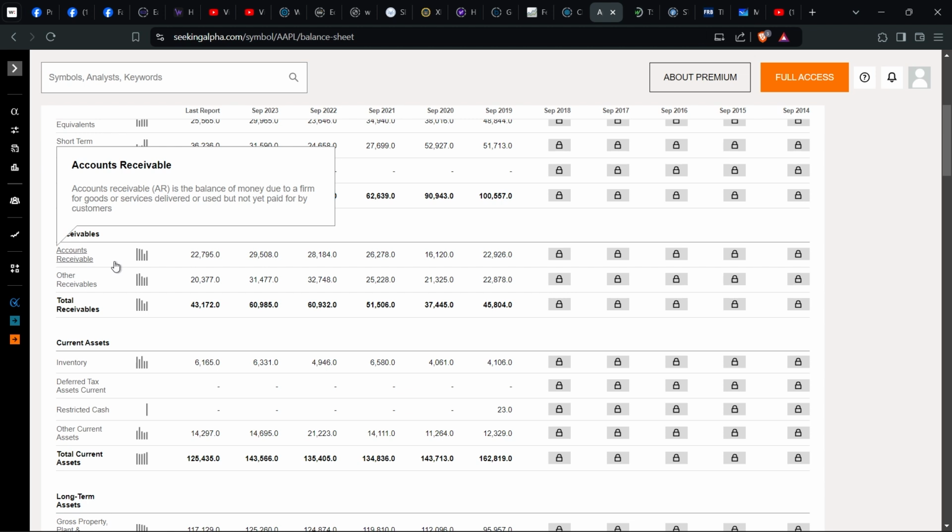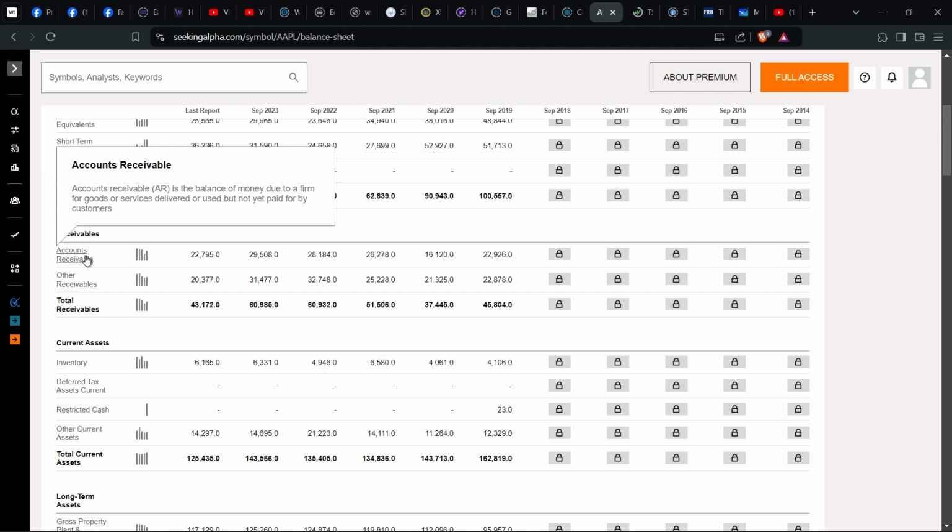Something you need to know here is goods sold on credit, services provided on credit: that money that has not yet been paid to the company for goods delivered or service offered is recorded here as accounts receivable, because remember, these are